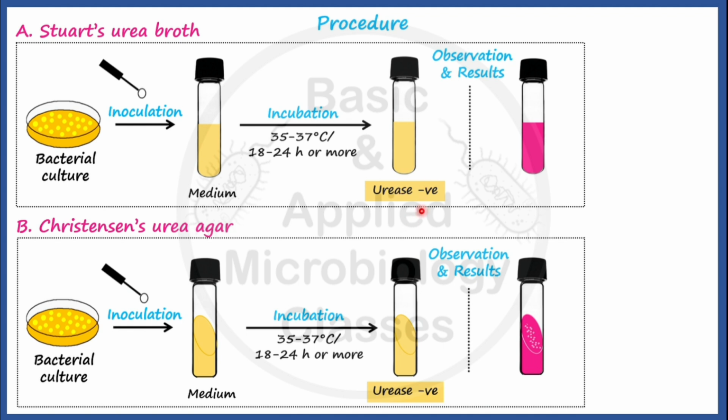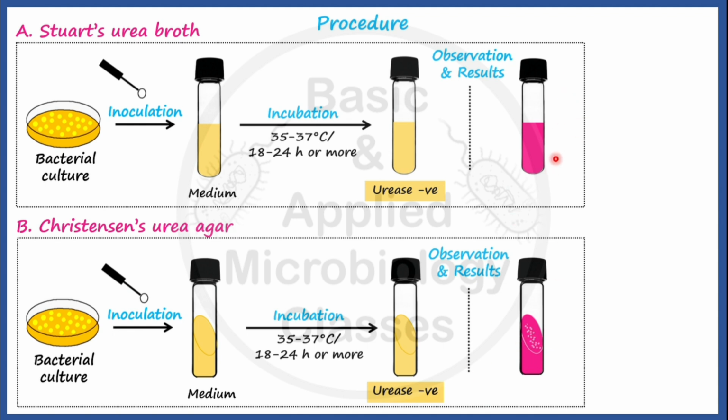On the other hand, if the color of the medium has changed to pinkish, it is indicating that yes, alkaline conditions are there, because phenol red which was present in the medium will change its color to pinkish only under alkaline conditions. And alkaline condition will result only after the urease enzyme which was produced by the bacterial culture has acted on urea present in the medium, and it has led to the production of what? Ammonia, leading to alkaline conditions.